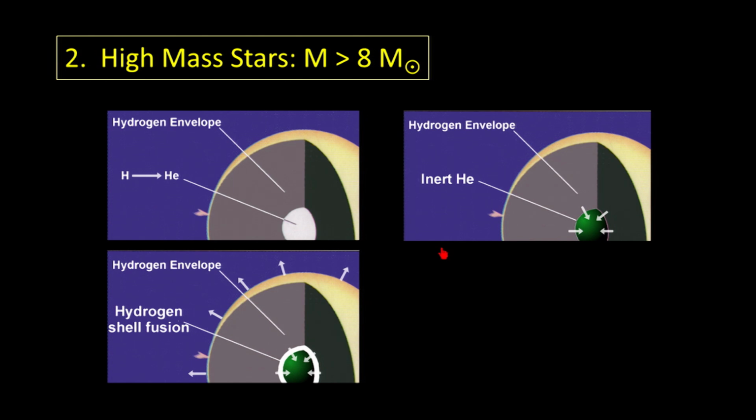A high mass star does everything that all the other stars do. The high mass stars will start off with a mostly hydrogen composition. At their cores, they will convert hydrogen into helium through the fusion process. The hydrogen envelope is something that never gets used, it's just not hot enough. So remember, the envelope is the region surrounding the core, the hydrogen that's just never used. At the end of its main sequence existence, the star will develop a helium core. Helium requires a much higher temperature to fuse, and so the core begins to collapse, the core becomes hotter, and if that core can get hot enough, the helium will fuse.